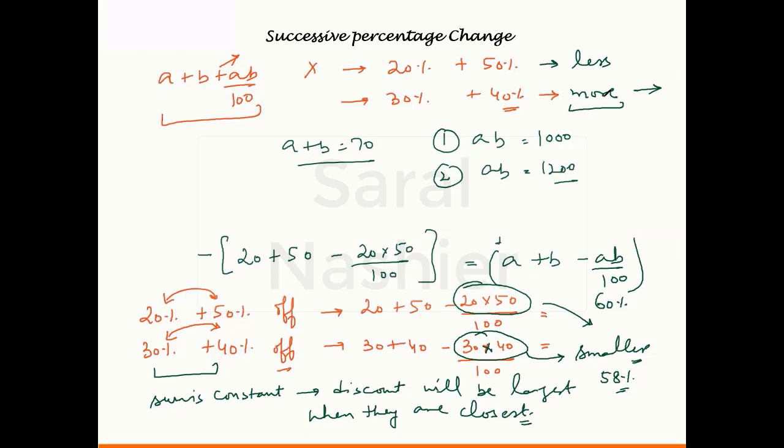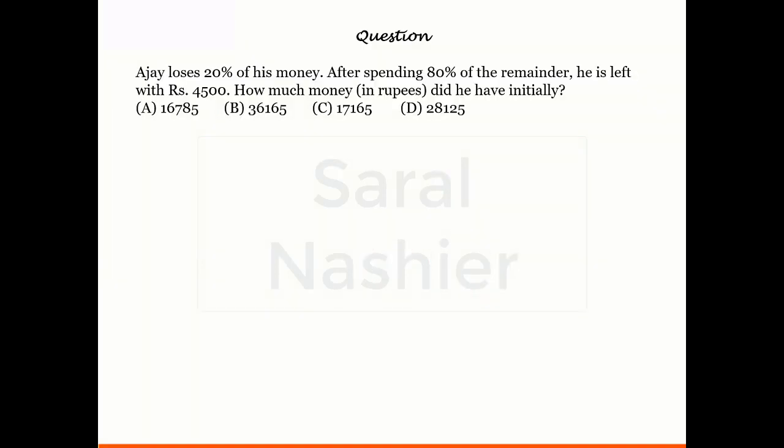And there have been questions in exams. I have seen questions in CAT as well, based upon the same concept, that 3-4 people have the same salary in a particular year. Their salaries are increased by some percentages in the next 2 years. And the percentages they gave always added up to the same number, though they were in terms of variables. So obviously, whichever were closest gave the maximum increase in the salaries, and the farthest ones gave the lowest increase. And the question was asking this only, which is giving the highest increase, which is giving the lowest increase, and so on. Okay, let us discuss a question on this now.